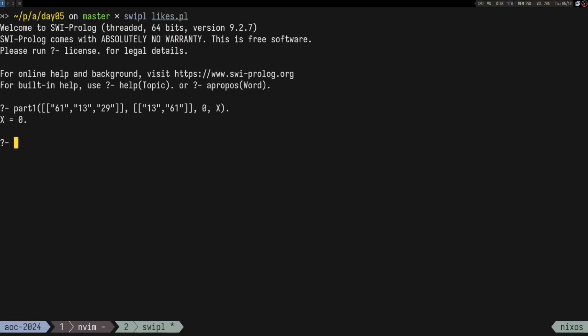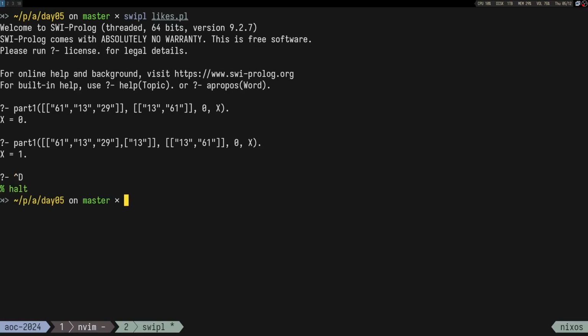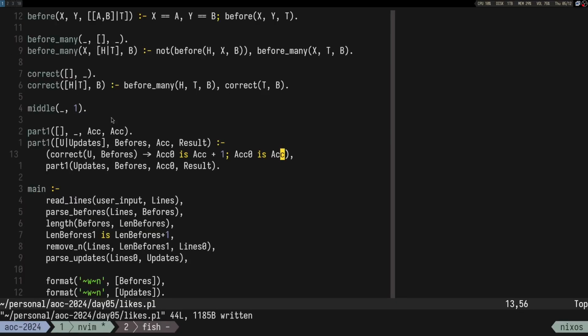So if I have it wrong, it's yeah. But what if I have another list here, which is fine, like 13. So nice. Now part 1 actually counts them, but I want to have